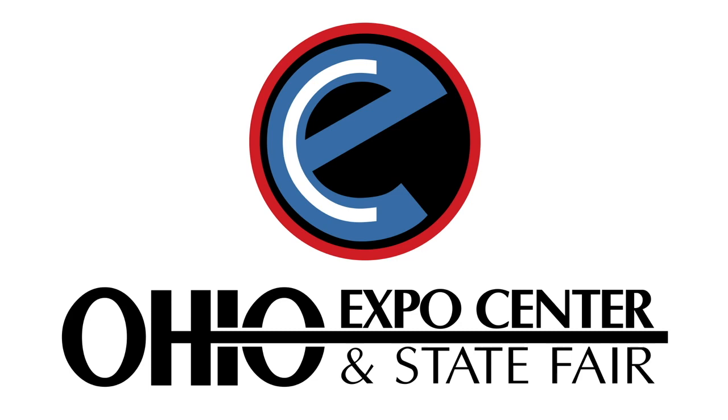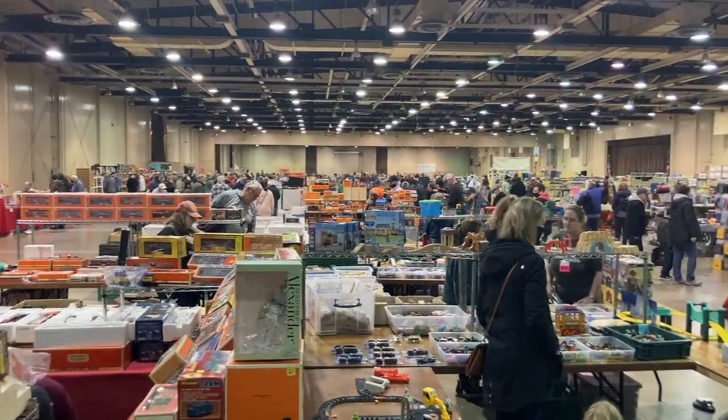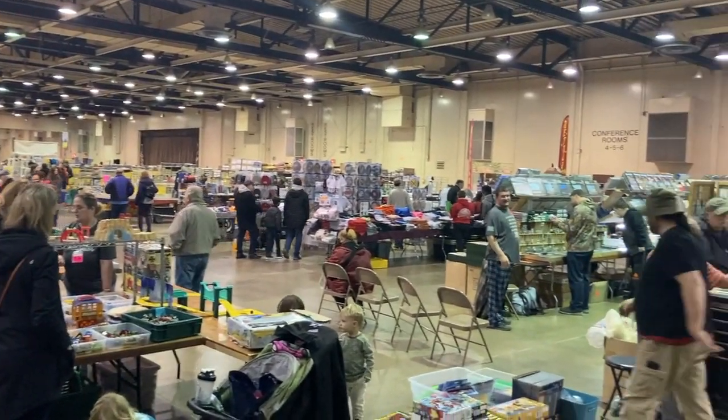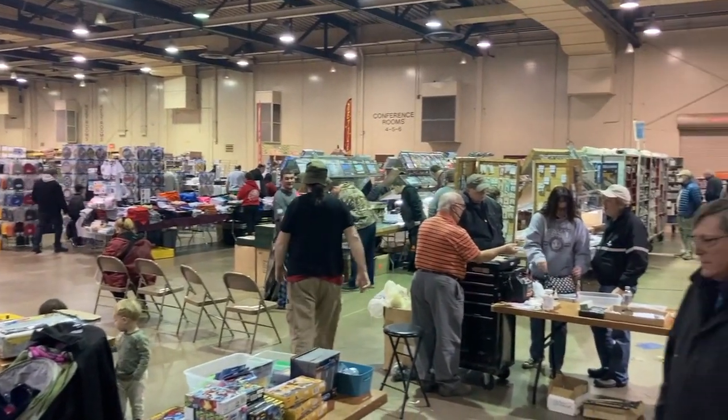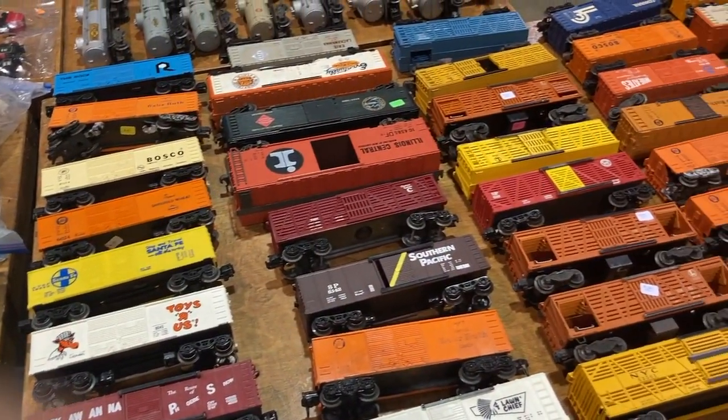Great Train Show took place January 15th and 16th at the Ohio Expo Center inside the Lausch Building in Columbus, Ohio. I arrived around 1 p.m. and it wasn't very crowded, so I began walking around, and of course I'm looking for Lionel trains or O-scale